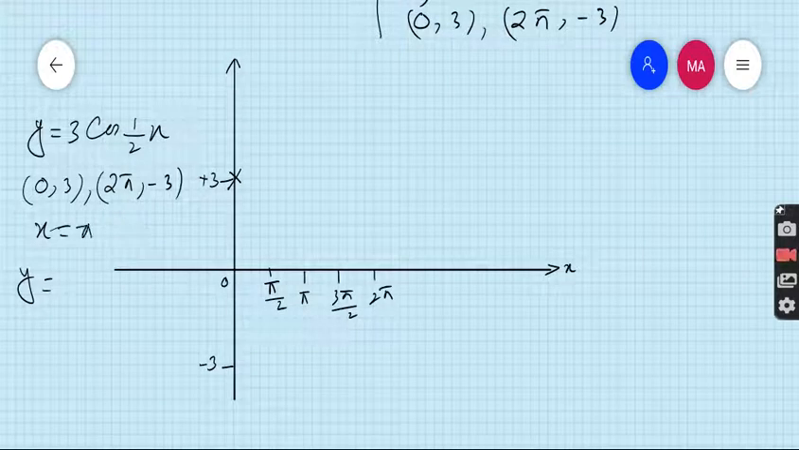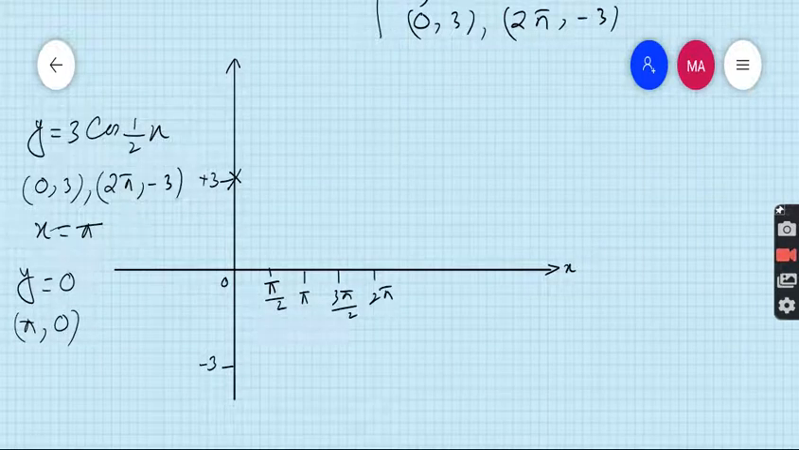At pi, x is equal to pi. So cos 1 upon 2 into pi, cos pi by 2, cos pi by 2 is 0, 0 into 3 is 0. So at pi the value is 0. So this is the second point. The third point is